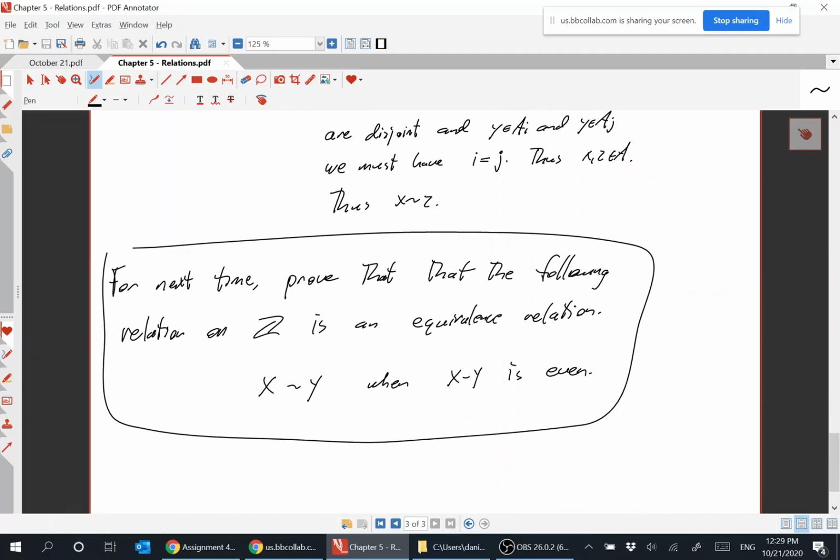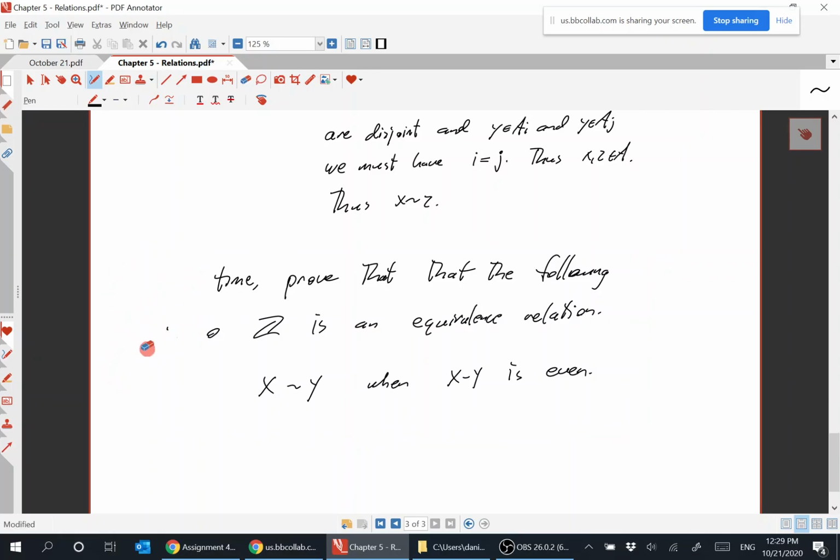So for next time, I wanted to have you prove the following relation on the set of integers. That relationship is that X is related to Y when X minus Y is even. Let us do a more general version of that. As an example,